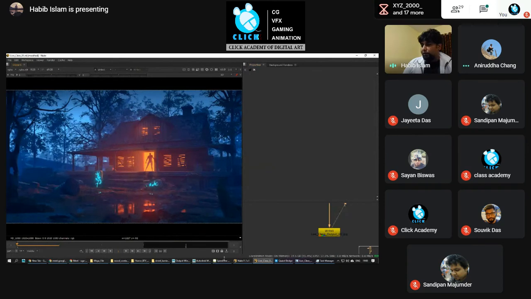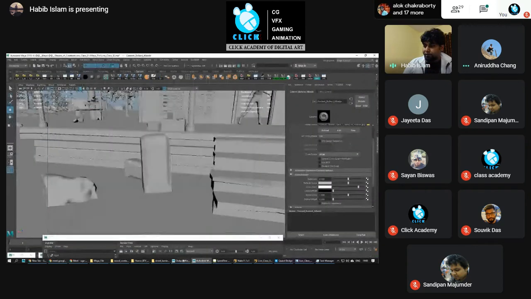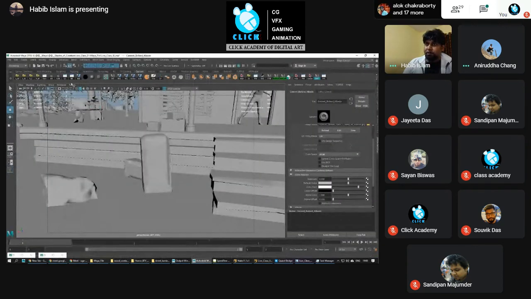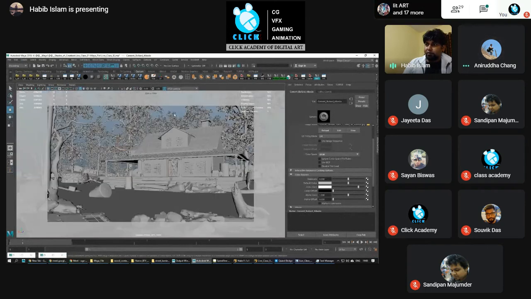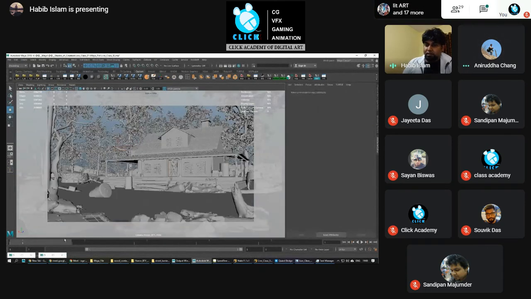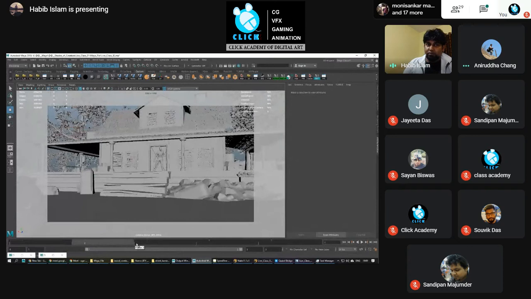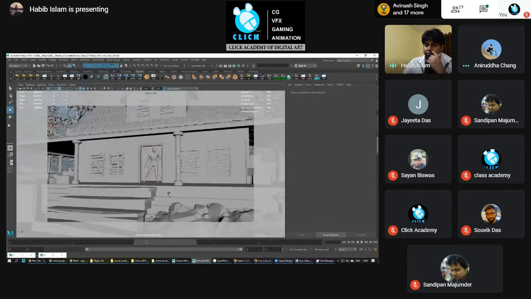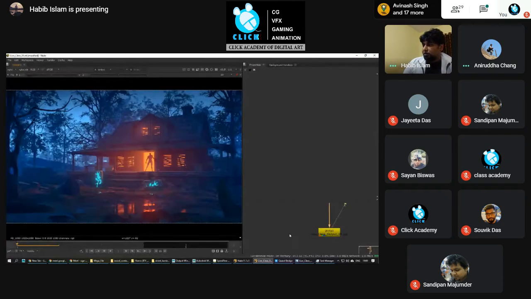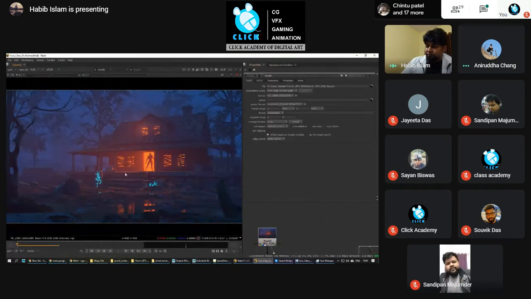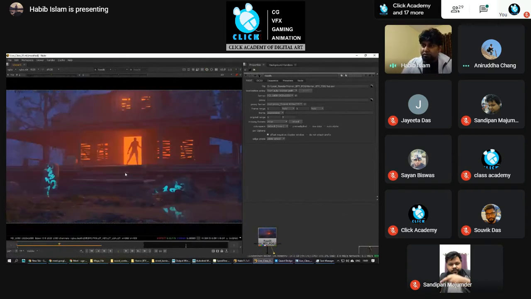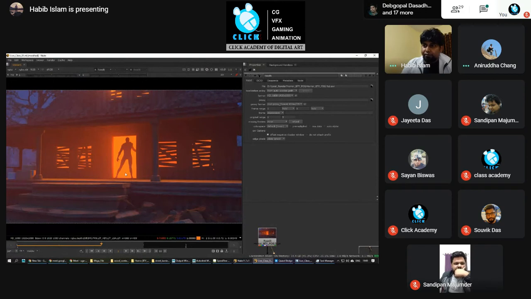And in this way only, I have created 3 separate cameras. If you go to camera view, obviously with the same lighting and same rendering, you can render different angles. So I have rendered these 3 different angles. This is the first camera, this is a little bit zoomed camera, and this is a little bit more zoomed camera. We have taken all three renders in compositing itself. Here, if you go to the second frame, you can see this render. This is the separate frame. This is the more close-up frame.